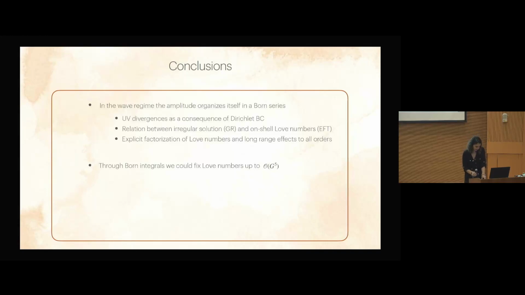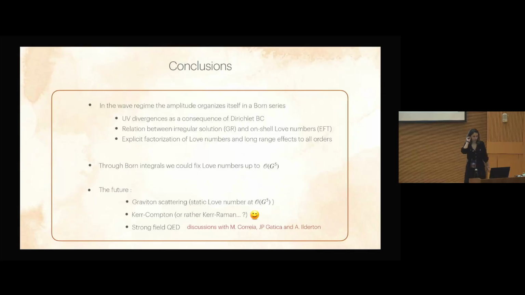And finally, let me mention a few future directions. The motivation we have in mind when we go so high in powers of G is the fact that, as was mentioned earlier this week, the first static Love number for a graviton wave appears only at G to the 5. And any hope to see or measure Love numbers in a detector is going to be with a gravitational wave, not the scalar wave that I'm showing you. We haven't had much time to think deeply about this, as we just finished the scalar, but I'm cautiously optimistic we have the tools needed to attack this problem in a shortish time frame.